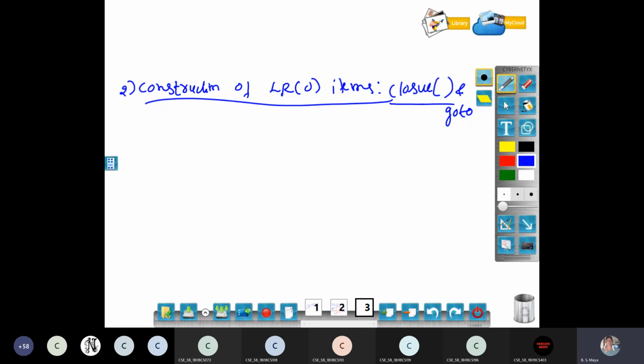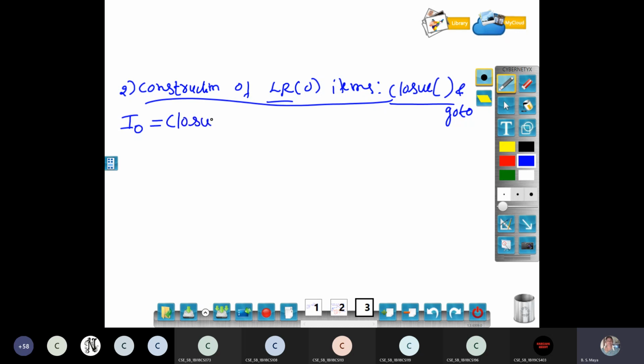Then what is the meaning? See, carefully observe. I have to find out LR0 items. Any number of items can be there. See, those items are stored in states. That set of items is called a state. First I am writing the default state, the initial state. The initial state always starts with I0. You have to take the initial state, it will start with I0. I am applying closure for that.